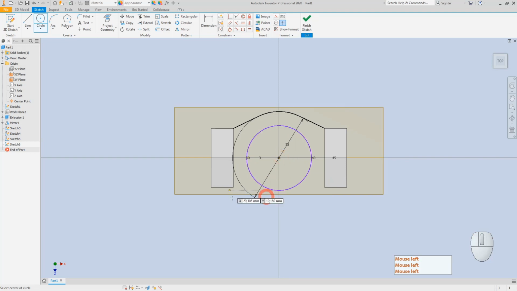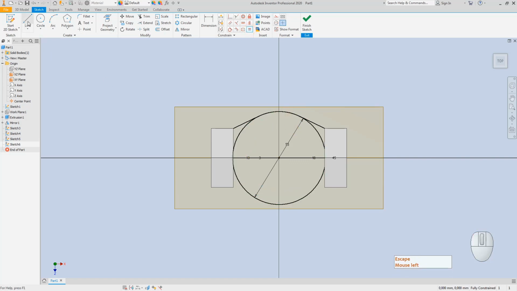Again, do the same thing for the other side. This time, I will just make the geometry equal to each other. First of all, I will get this geometry and make this circle equal to this circle. And I will again use the F7 tool, starting a line